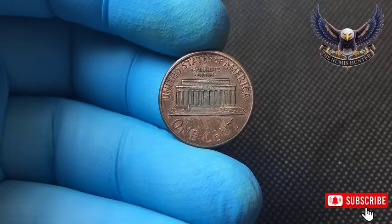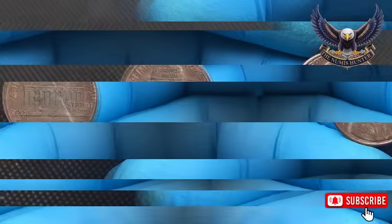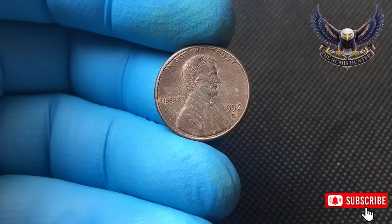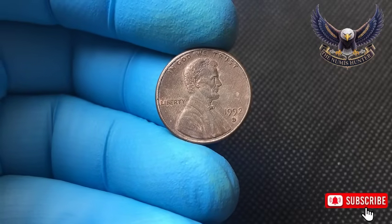Throughout the late 1980s and into the early 1990s, the Mint continued exploring potential future adjustments to coin composition, conducting internal testing, running limited experimental batches, and in some documented cases, allowing leftover dies and equipment from earlier production runs to remain in